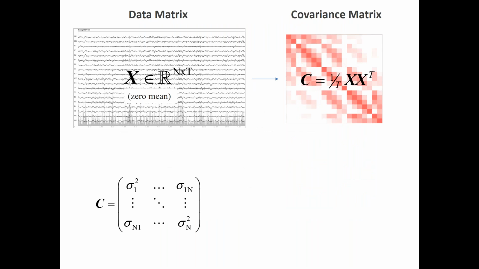And so remember, we have been talking about the variance and the covariance, and actually it turns out that if you consider this matrix C, which has on the diagonal all the variances of each time series. So the energy of each time series is on the diagonal, okay? And the off-diagonal elements are all the pairwise 2 by 2 covariances between every two pairs, okay? So the first with the second, the first with the third, etc., will be those numbers here. If you fill this matrix, this is called the covariance matrix.